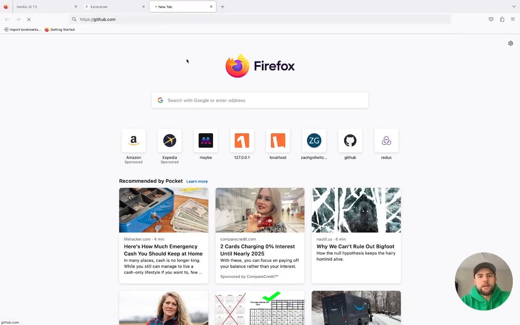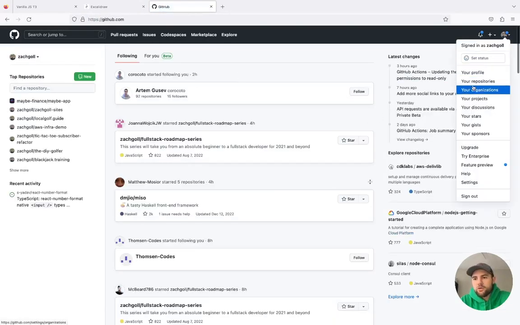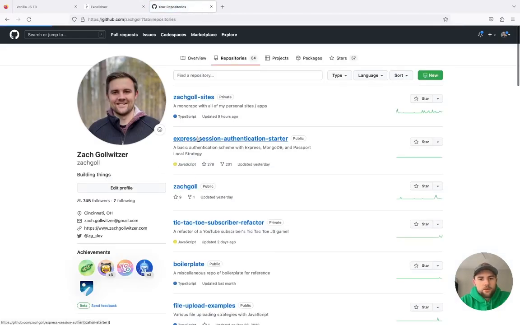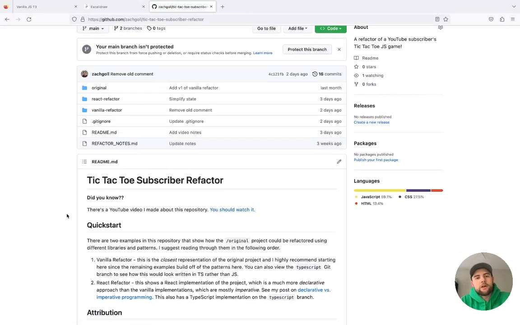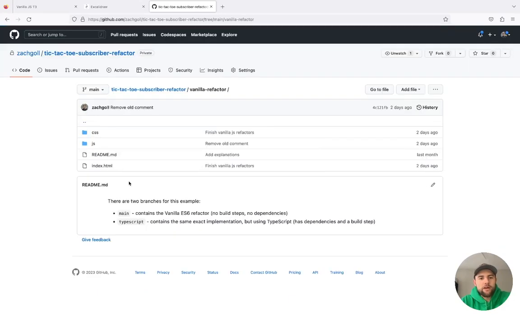I've linked to it in the video description, but let me just show you the one that I'm talking about here. So let's go, nope, that's not the right one. So tic-tac-toe subscriber refactor. At the very, very least, you need to go through and open up this vanilla refactor and then read through all of the code here, okay?